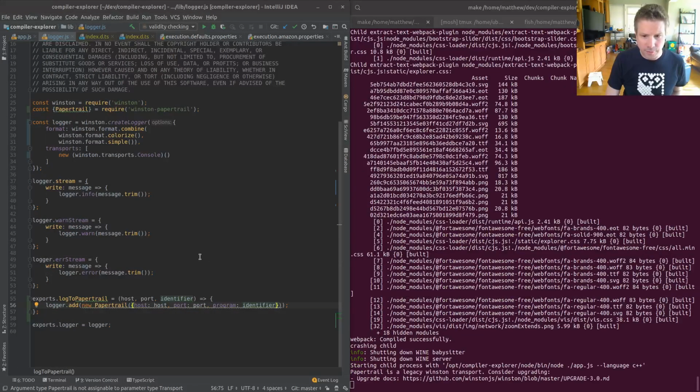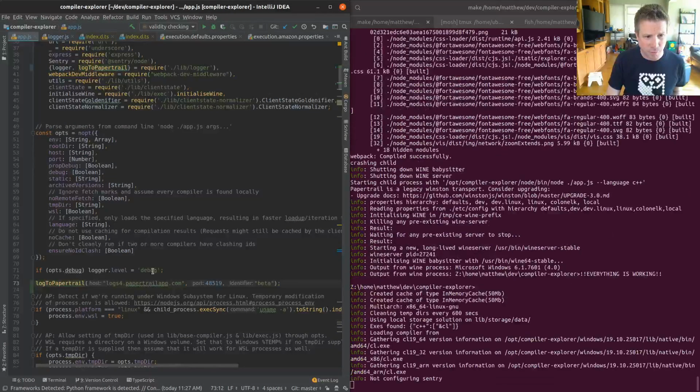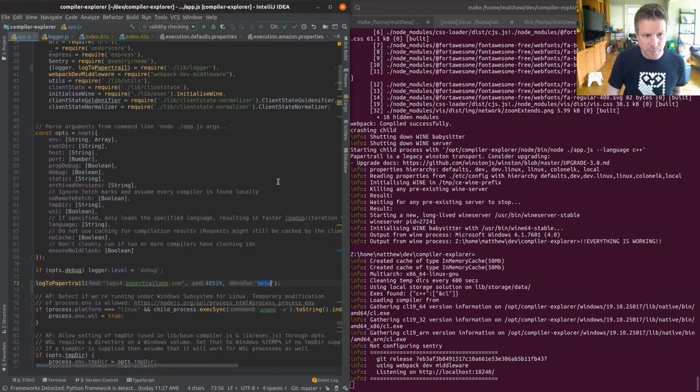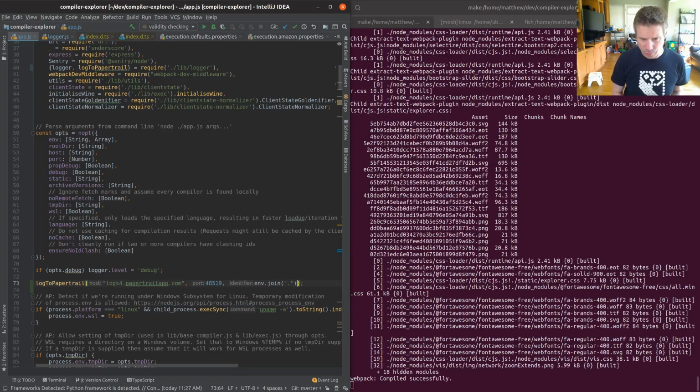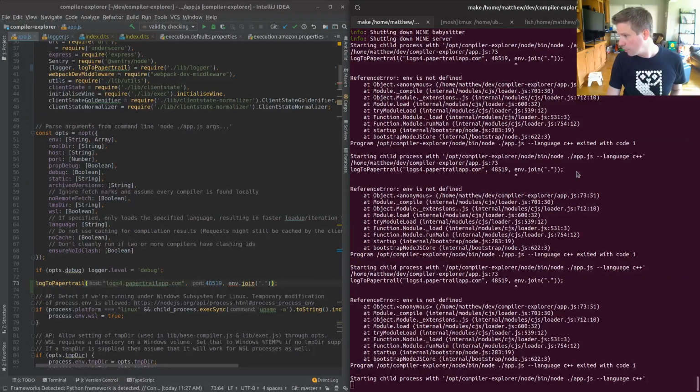I guess that's environment really, isn't it? Have I already got that to hand? Env. Yes, it's a string array. But what I'll do is I'll do env.join dot, maybe? That should crash it back out again, and we should see the results over here.